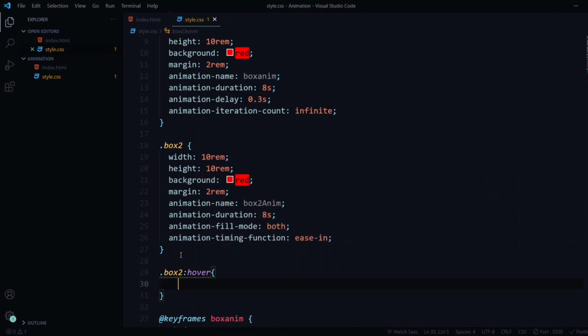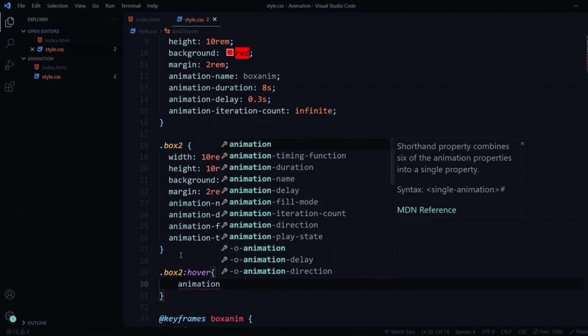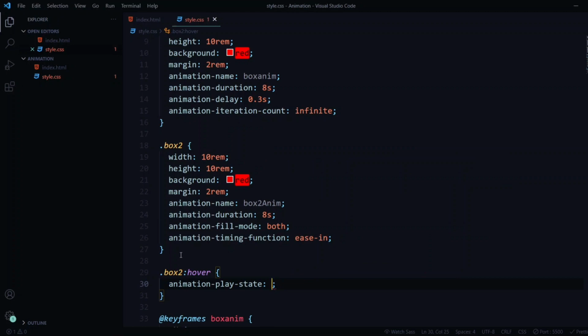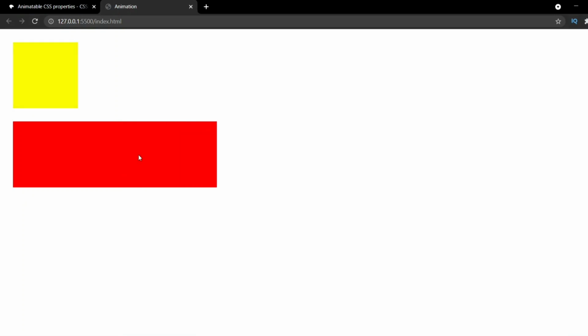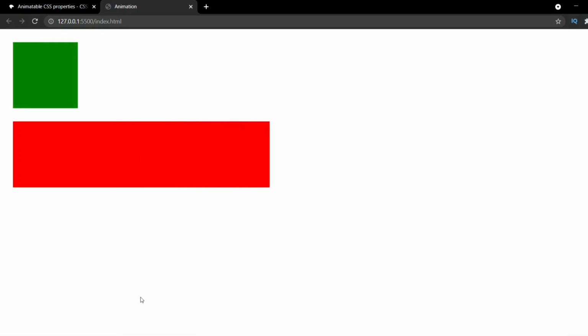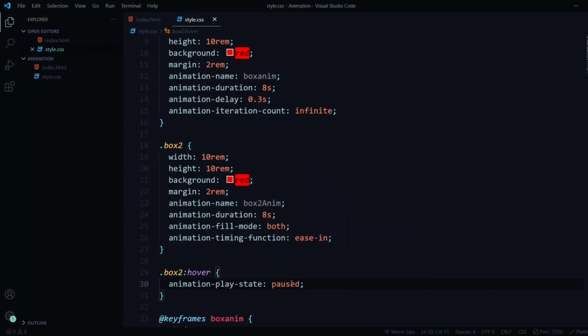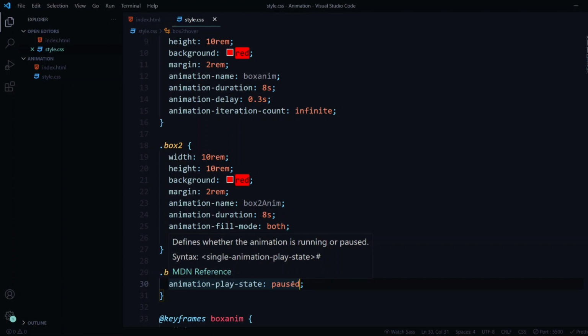So what happens is, I'll add here animation play state. Okay, and I'll write paused over here. Now if I go back to Chrome and I run this, whenever I hover, it will pause. Whenever I move out, it will start. Whenever I hover, it will pause. I hope you guys are able to understand. So this is how it works. Whenever I move out, it will run. Okay, if I stop it over here, it will stop. So this is pretty simple. It's pretty easy to understand. This is animation play state, which just means where the animation will start.